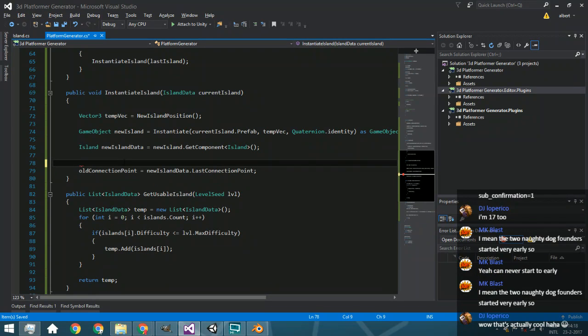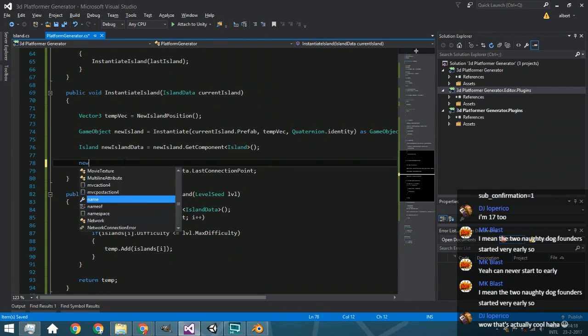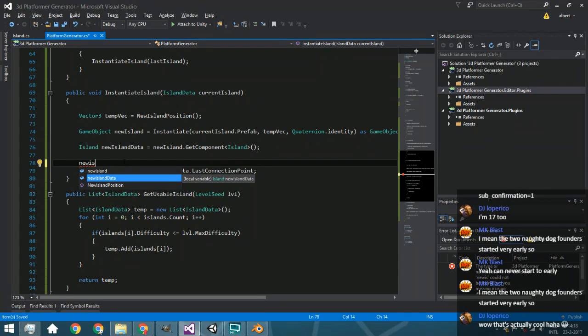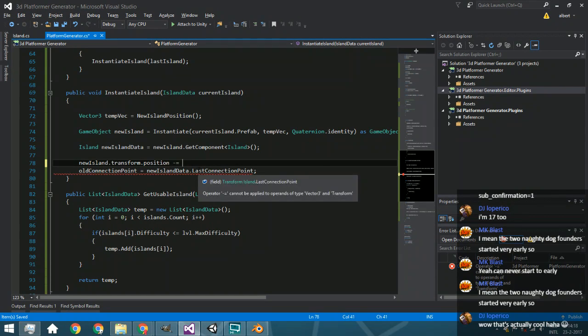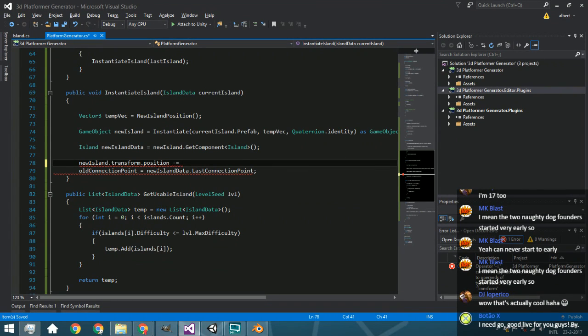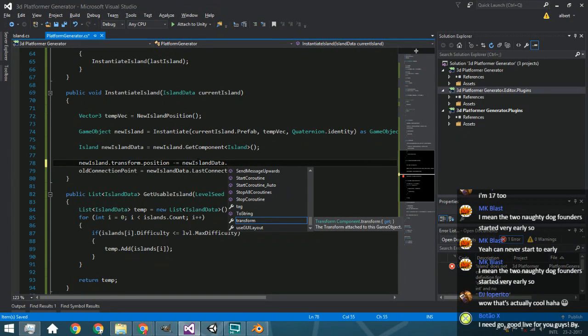So what we're going to do is we can say that the island data is going to be, so we got the right dot position, dot transmitted position. We got like the position currently of like the position where the begin position needs to be. So actually what we're going to do is we're just going to minus with the new island data dot